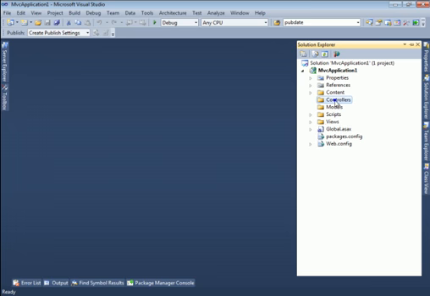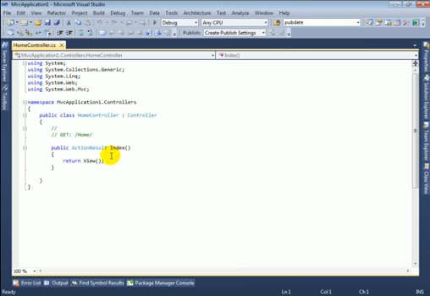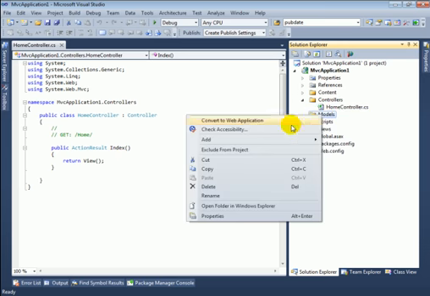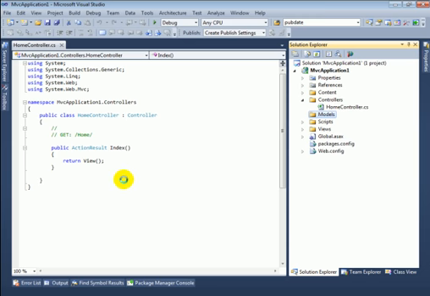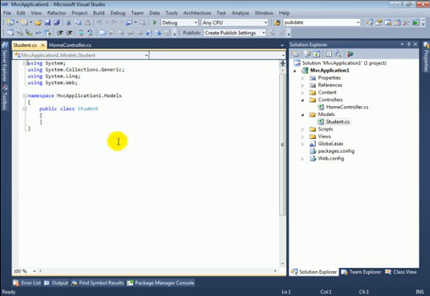Okay, now add a new controller. Click add controller, and type HomeController as the controller name and click on add. Also add a model by right clicking on it, add class, and type Student as the model name. Click on the add button. Create a property in the Student class: type prop, tab, string, tab, Name,